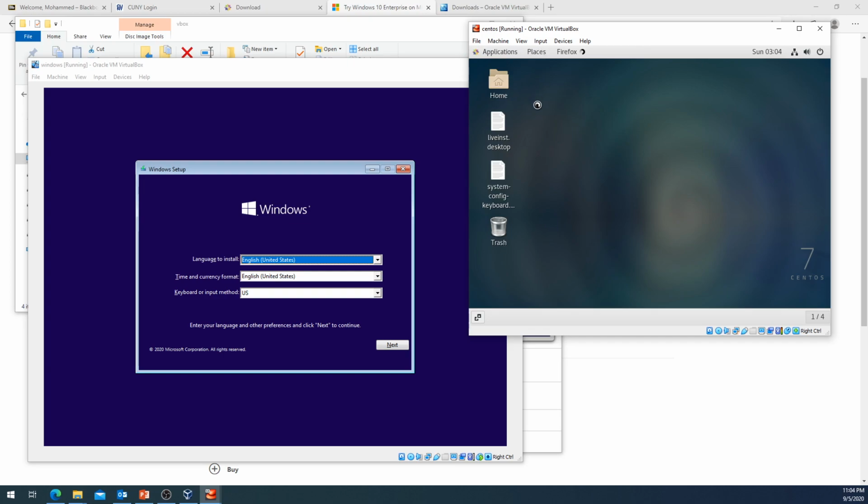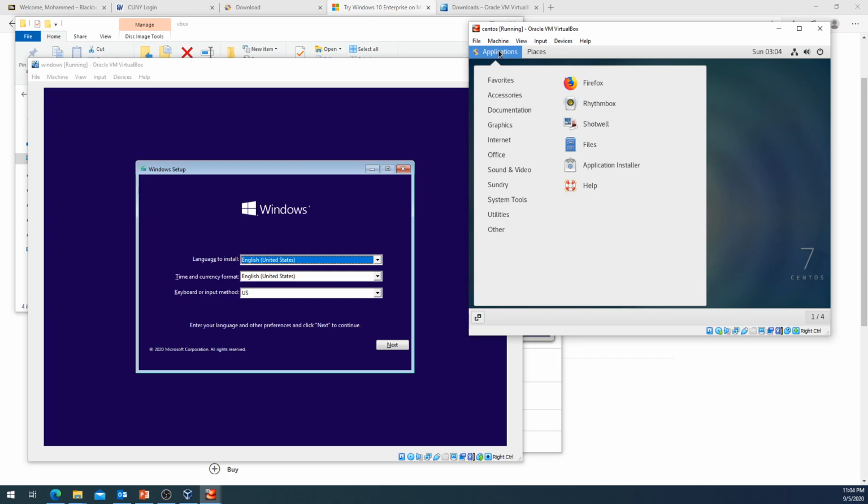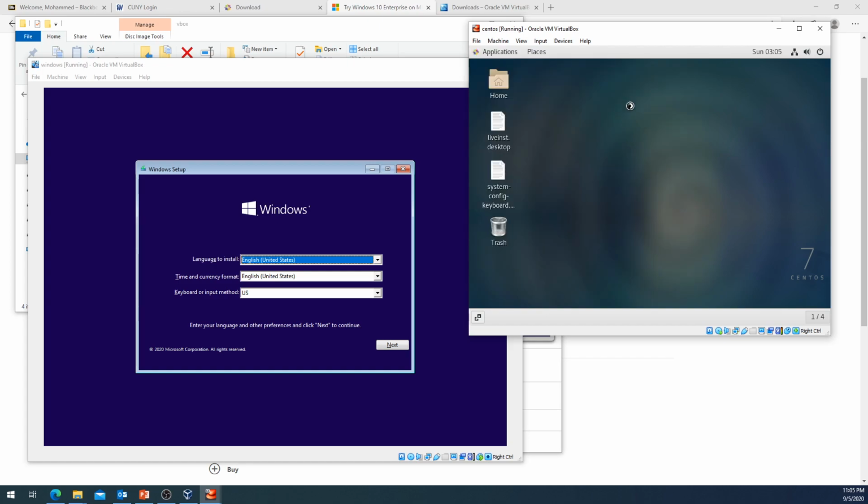But if you want to install software, make modifications, or create files, we need to go through the installation process. That is located under System Tools. So if you click on Applications, System Tools, and Install to Hard Drive,